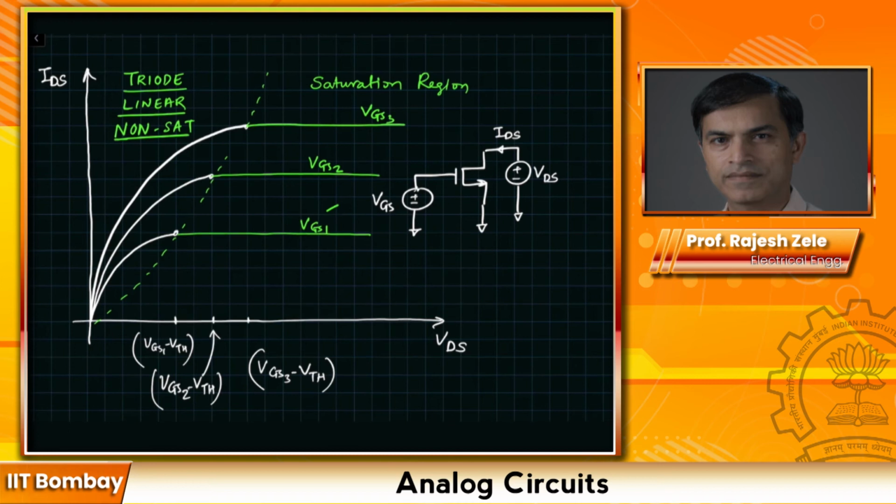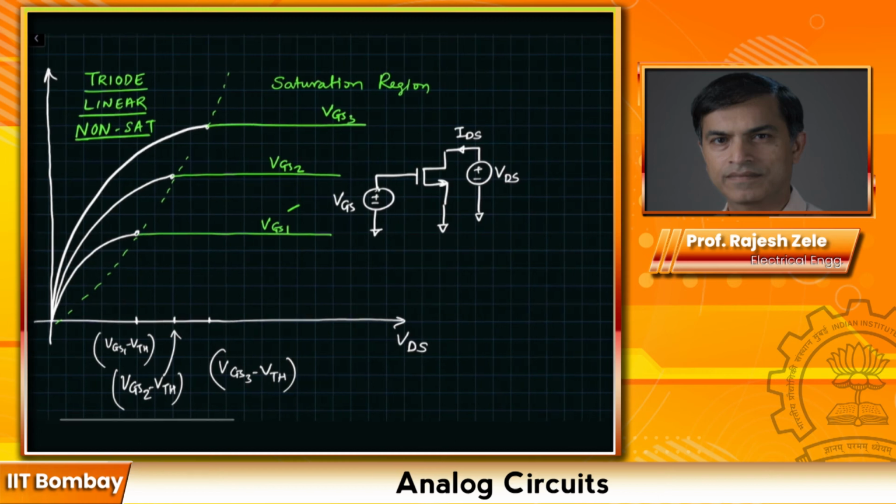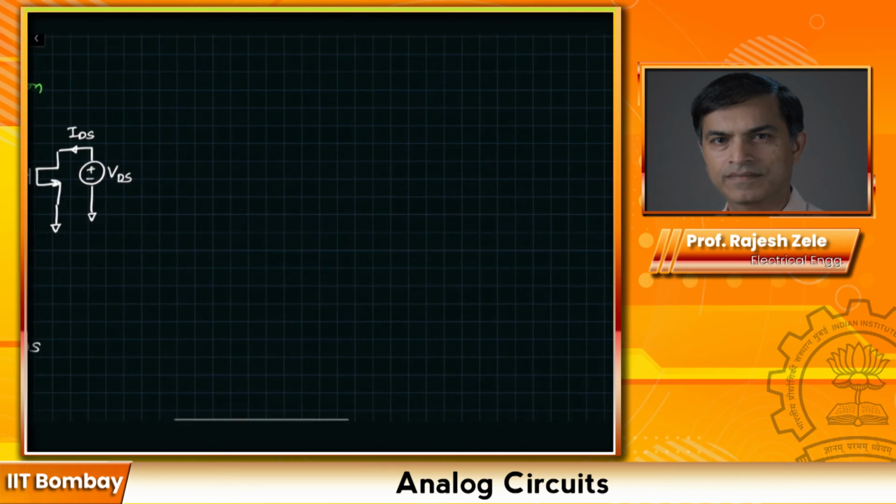This looks very familiar to the curves that we plotted in the bipolar case. Throughout the rest of the course, we are going to always compare between different devices, BJTs and MOSFETs. We will do many circuits and we will continuously do the comparison. And here is your first comparison. In the BJT case, let's draw it on the right side. If you remember,